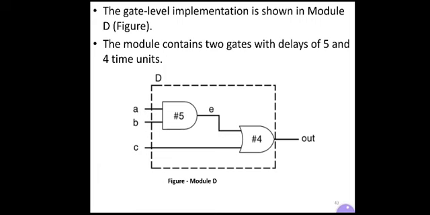Output of AND gate is ORed with the input C. The OR gate, when executed, introduces 4 units of delay. There is a wire between the output of the AND gate and the input of the OR gate which does not have a name, so that is the intermediate wire. It is given the name E.